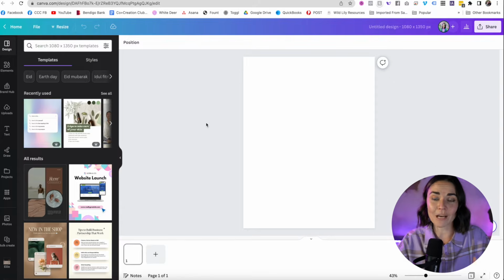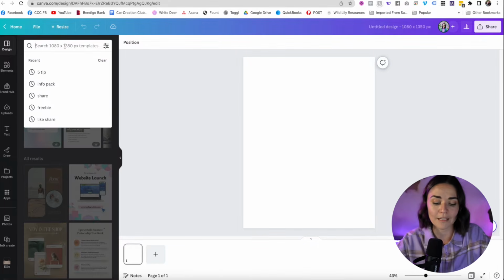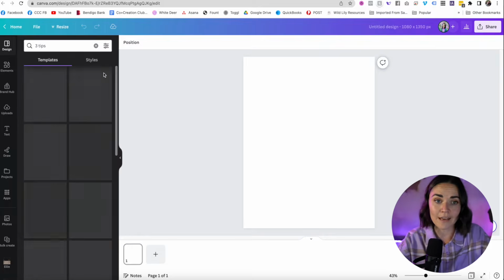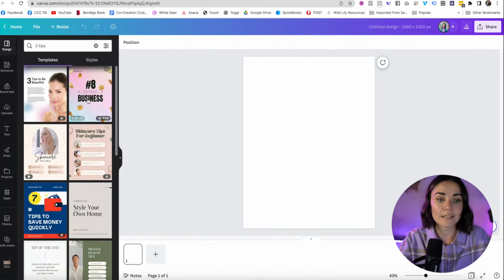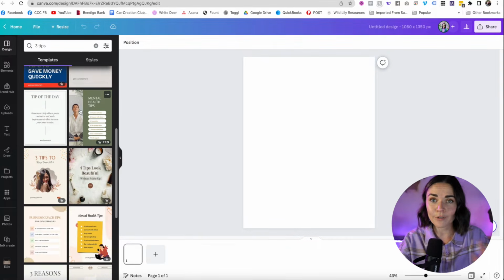And the best place to start when doing any single design is the templates section. You don't have to buy fancy templates anywhere. You don't have to start from scratch. You can literally go to the template section and find thousands of templates there. There are more templates available if you have Canva Pro, but if you don't have Canva Pro, it's totally okay. There are still plenty of options for you. So for me, I'm just going to pop in here 3 tips. I'm going to type that in and see what pops up here. You can see that there's some designs that are coming up that are broken into different